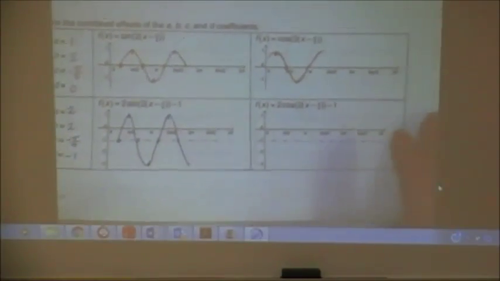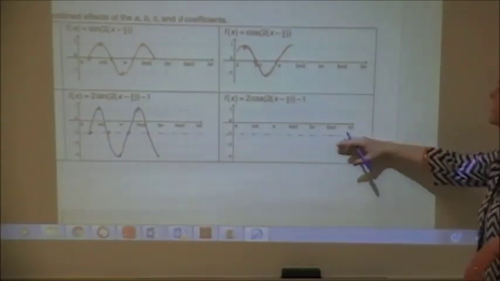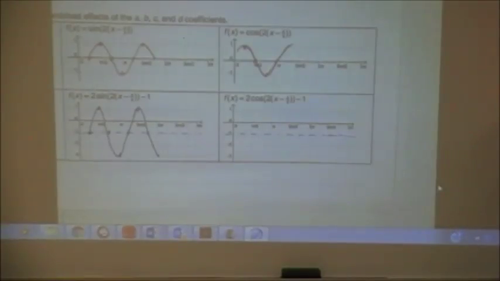We can do the same thing for cosine. I drew in my central axis, and I know that cosine always starts one amplitude above the central axis. That's the bell. We'll do that tomorrow, and then I'll give you the